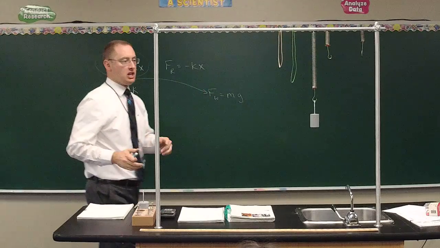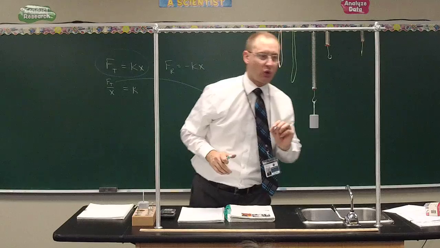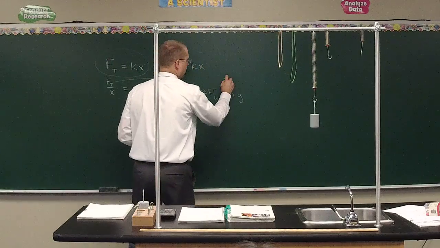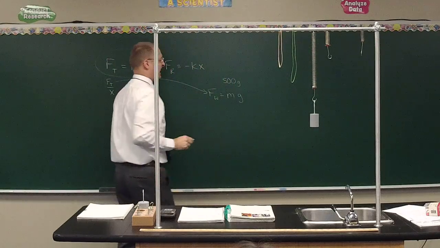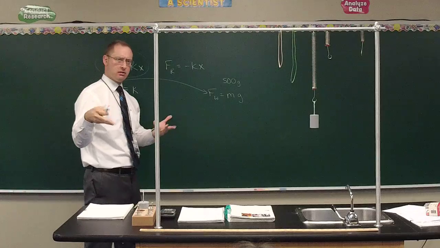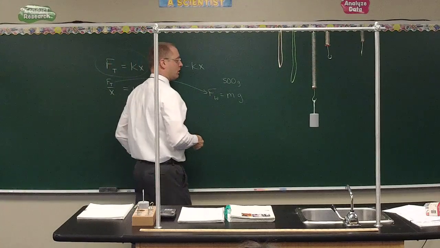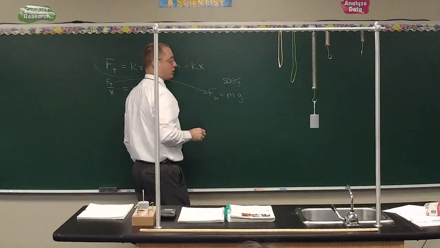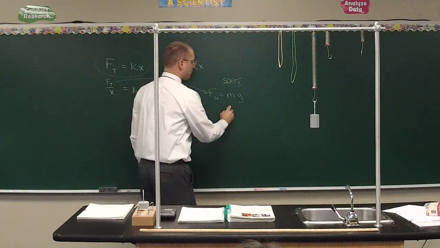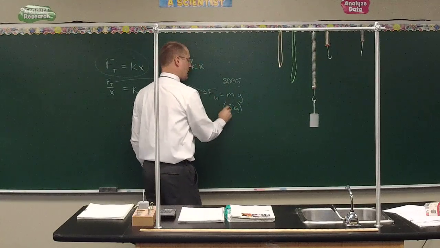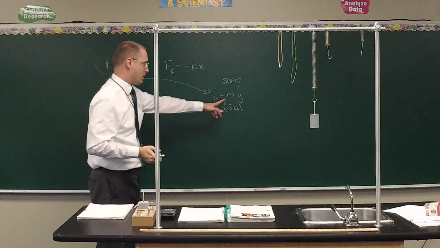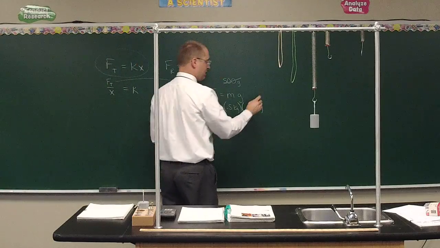For instance, this here is a 500 gram mass. Well, I don't want grams, I want kilograms, which is an E3. So I need to move the decimal. And we'll say that instead of 500 grams, this is 0.5 kilograms. Okay, so we have a 0.5 kilogram mass, and then g we'll assume to be